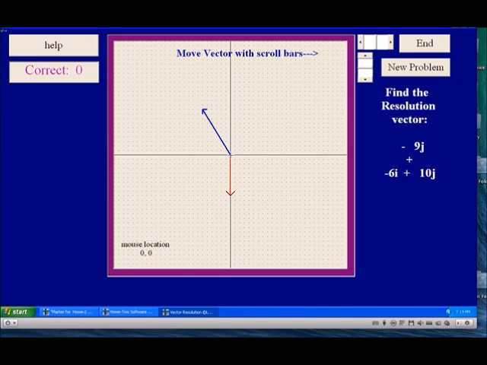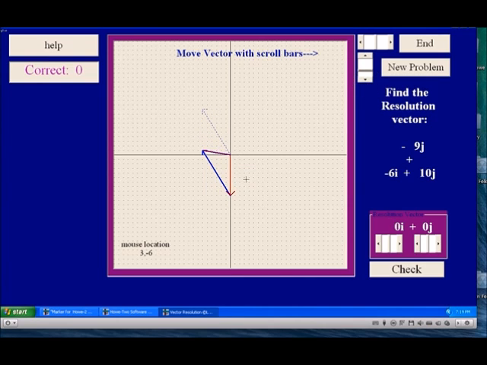So if we had this center point here and it's being pulled in this direction, and being pulled in this direction, it wouldn't go in the direction of the blue arrow, and it wouldn't go in the direction of the red arrow. It would go more towards the blue because it looks like the stronger force. But if we wanted to find the resolution vector, what we do is we put the head and tail together, and then see the blue and the red. The resolution vector would be this sum,